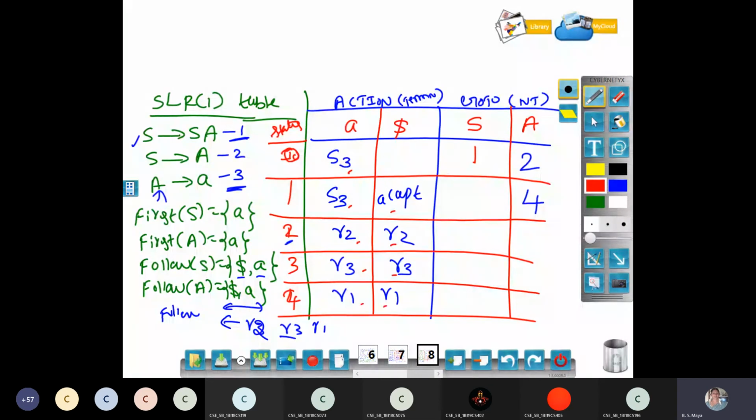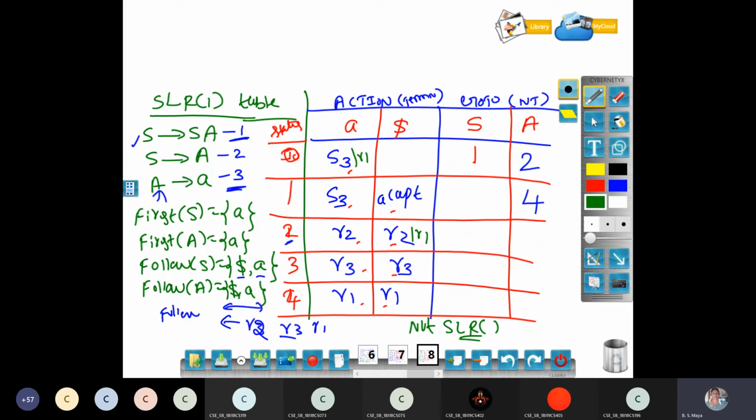There is no conflict occurring. In some cases, the table would have both a shift and a reduce, or two types of reduction, which confuses the parser: can I go with the R1 reduction or the R2 reduction? If the table contains multiple entries, then the grammar is not SLR. Or else, if there are single entries in the table, we can conclude that the grammar is SLR.